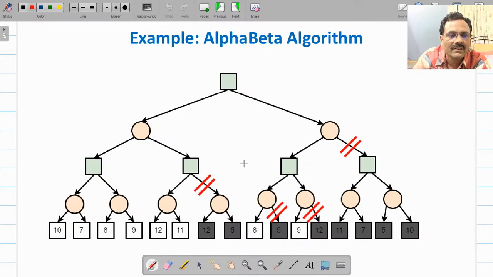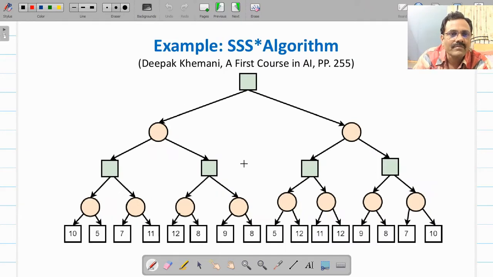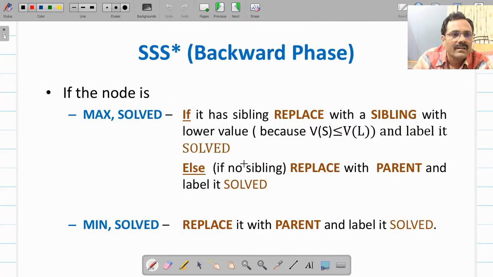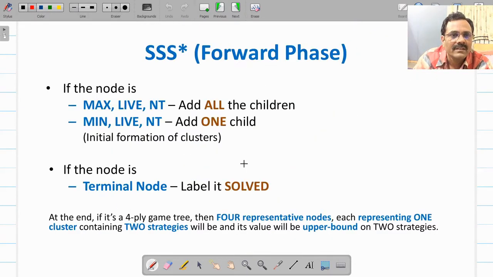This is how your tree will look. Now we will work out on the same game tree how the SSS star algorithm works. You recall the first step, the forward phase.